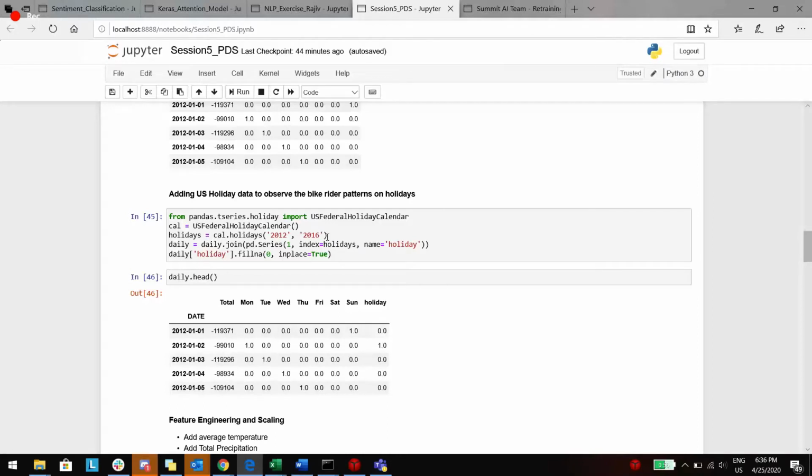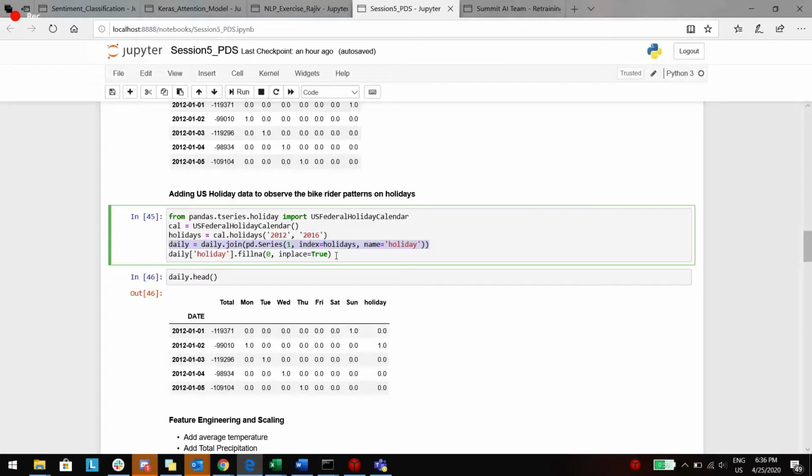So we are looking at holidays from 2012 to 16, and we are joining our existing data set with the holiday data. If you perform this joining operation, the merge operation, wherever it is not a holiday, it will display as NaN.